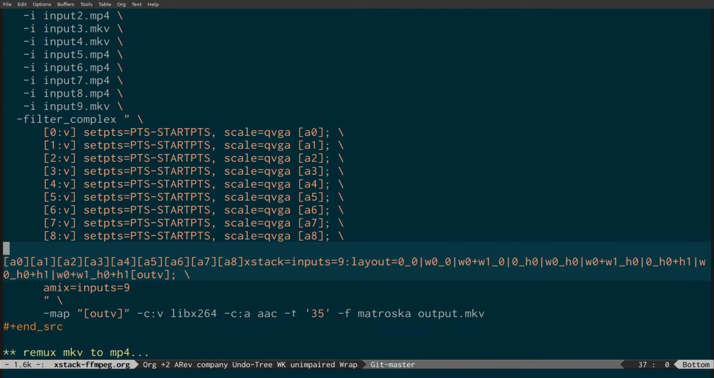And what we're doing here with this T flag is we're basically setting the duration for the recording to 35 seconds. And the important thing here is we're setting the format to Matroska. The reason for that is because it's sort of remuxing videos, and if you try to use MP4 as a container, it's going to hang and it's just not going to work. So you need to actually run this command and save it to a Matroska file, which will then remux